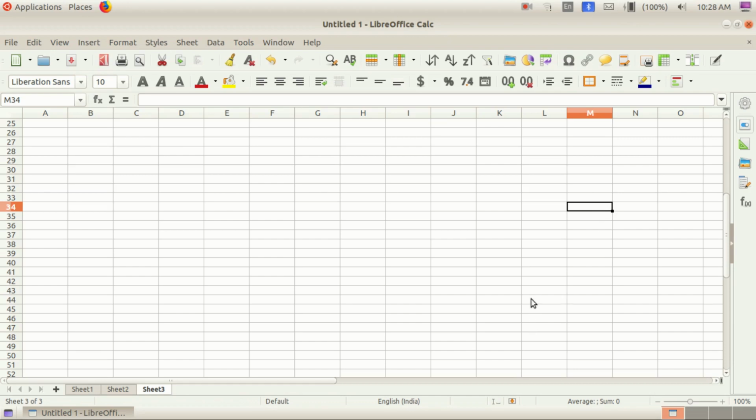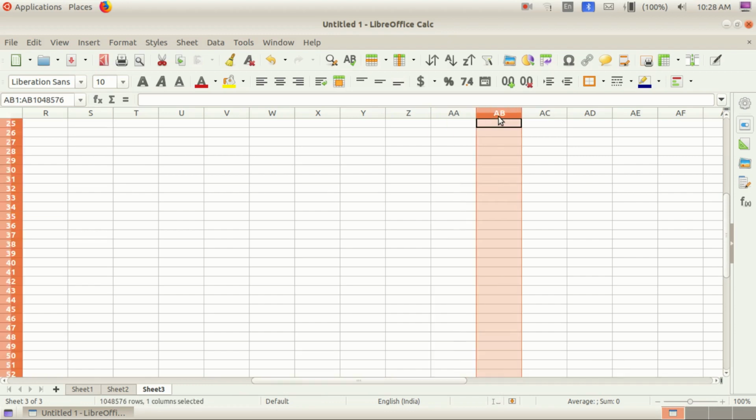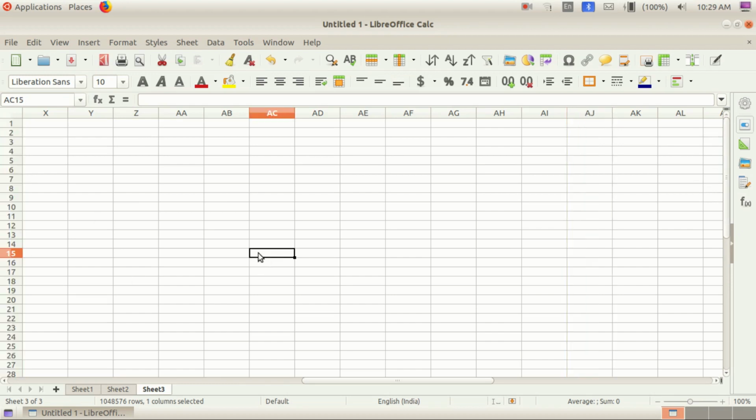Then AJ. Look here, AJ. Why is it known as AJ? You know that here A, B, C, D up to Z is given. More than that also, look here, children, after that AA is starting here. After that AB, AC, AD, like that. Then where is AJ? We want to find out. Okay, AJ, do you see? I, J, K, like that it is going on. AA, AB, AC, AD, AE, AF, AG, AH, AI, AJ. Isn't it clear? Next, AJ10. Where is AJ10? We know AJ10.